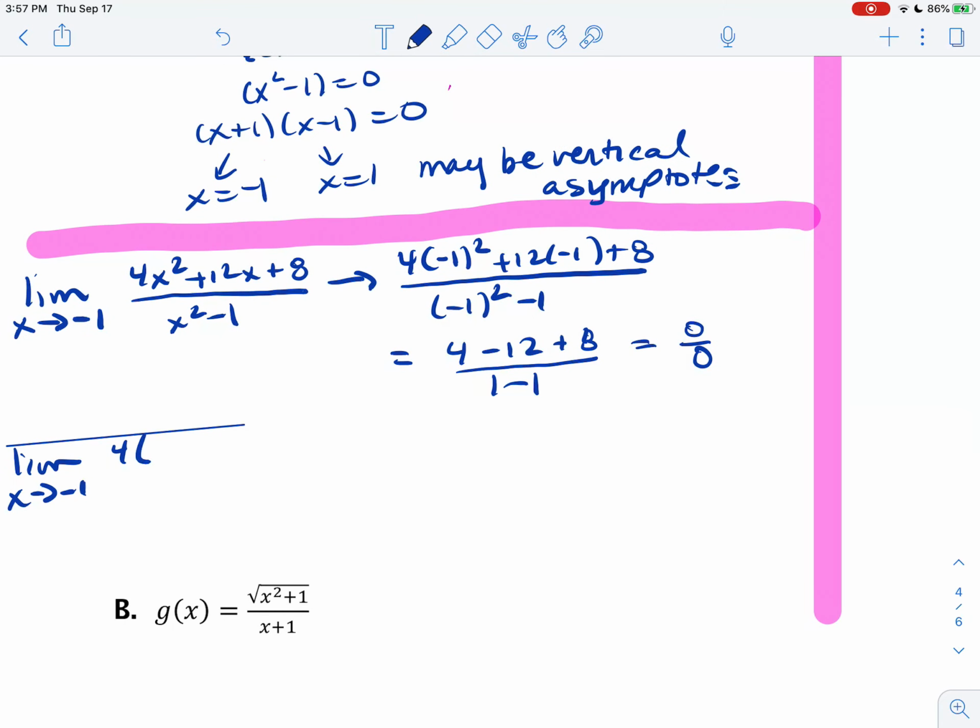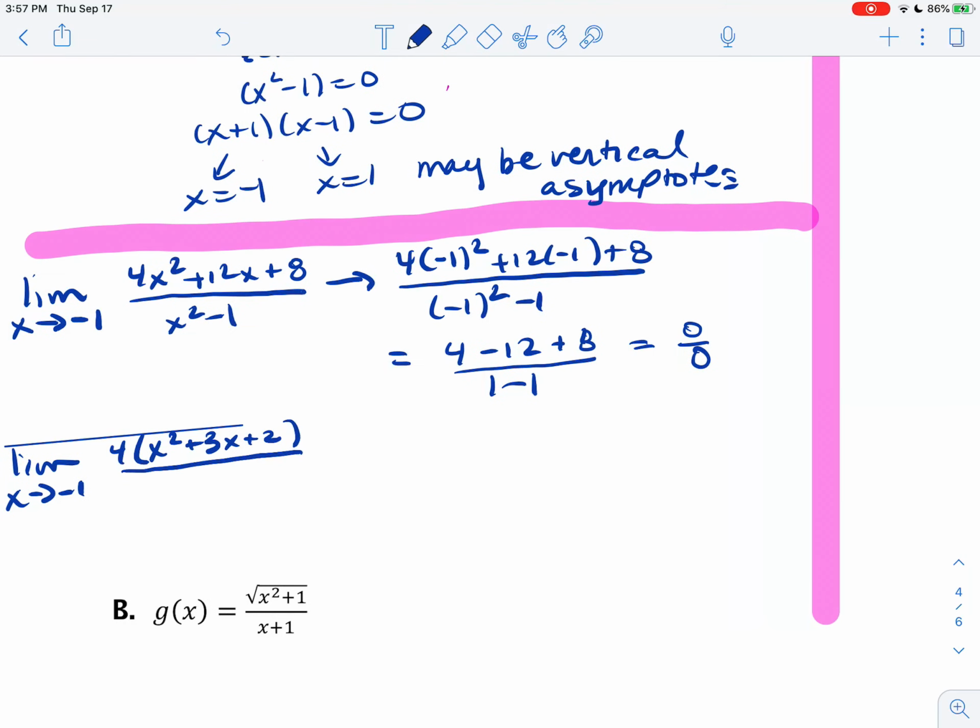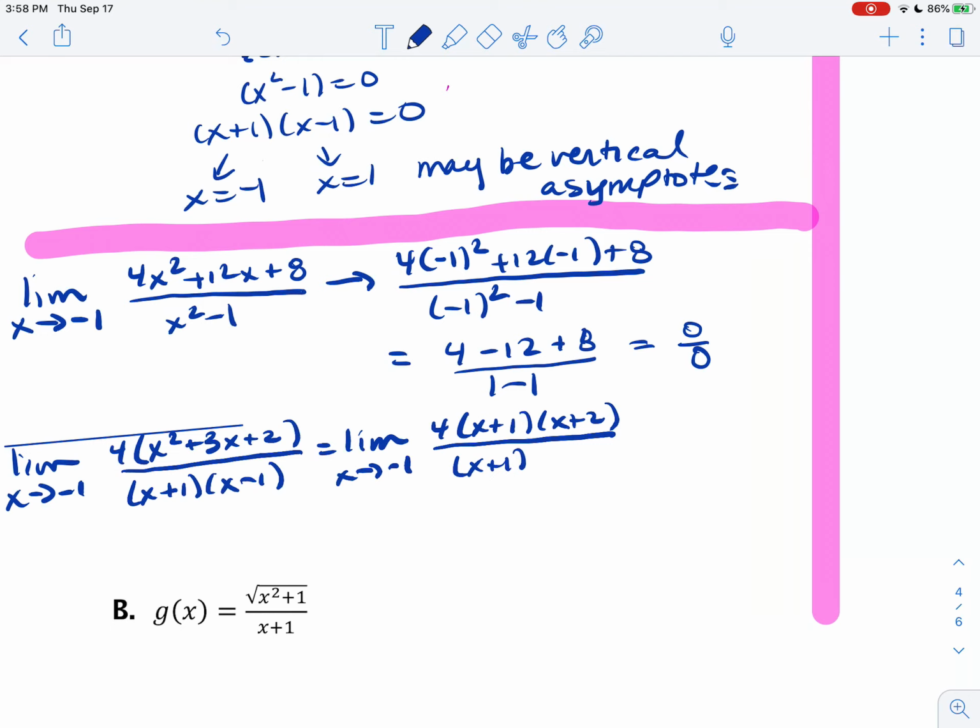So I'm going to continue finding my limit, the limit as x approaches minus 1, and now I'm going to factor the numerator, and that is 4. If I factor out the 4, I get x squared plus 3x plus 2. If I factor the denominator of x plus 1 times x minus 1, that's going to equal the limit as x approaches minus 1 of 4 times x plus 1 times x plus 2, and we have x plus 1 times x minus 1, and I'm able to cancel the factor of x plus